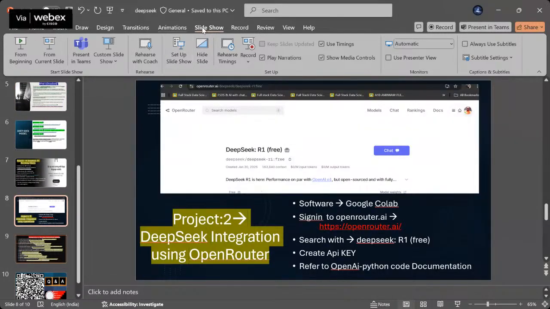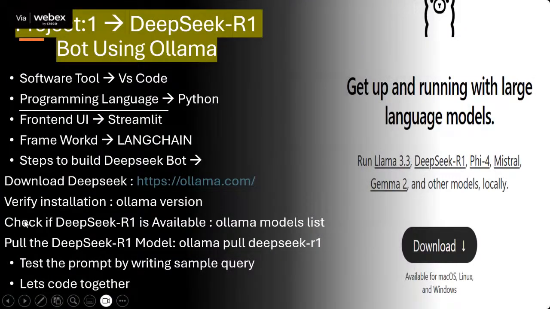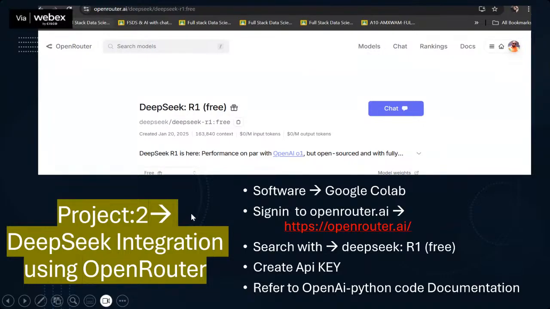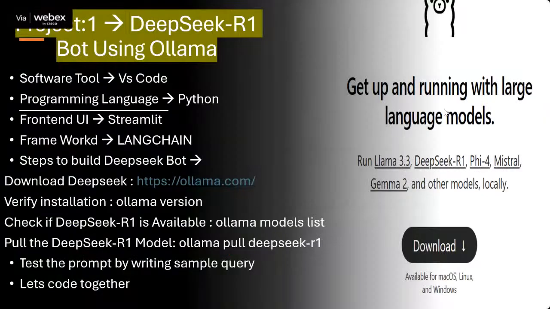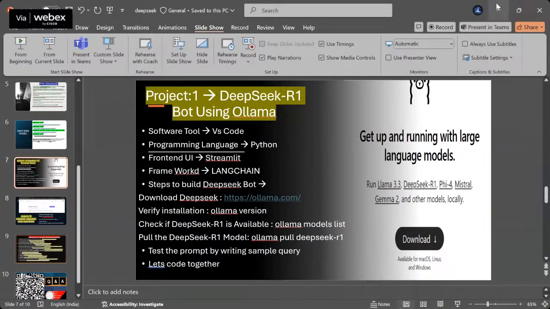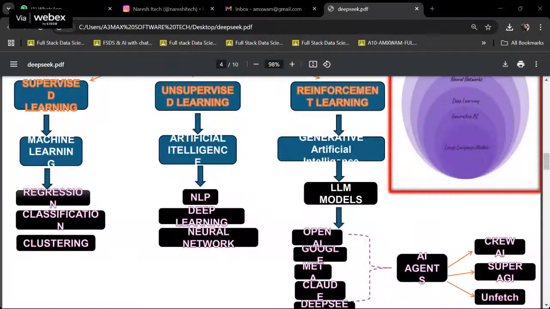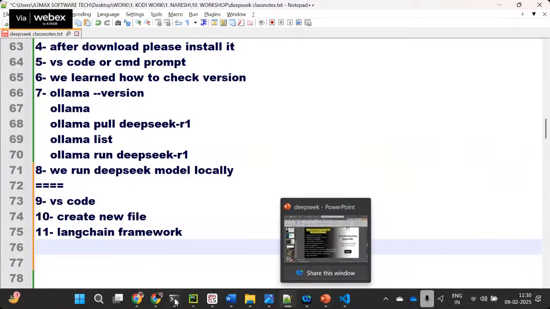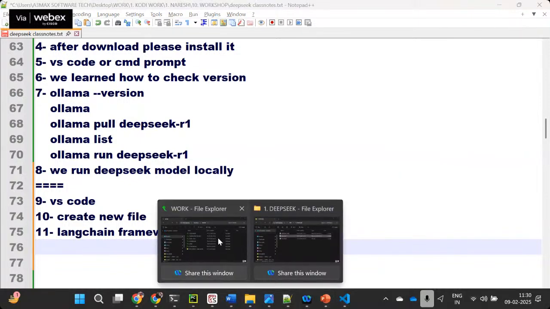Second one, slideshow from current slides. This project we did using CMD, command prompt. We learned to download DeepSeek, Ollama versions, test these prompts, everything we've completed, guys. So what I want you to do is install, I'll show you another document to help you understand more. Just give me some time.